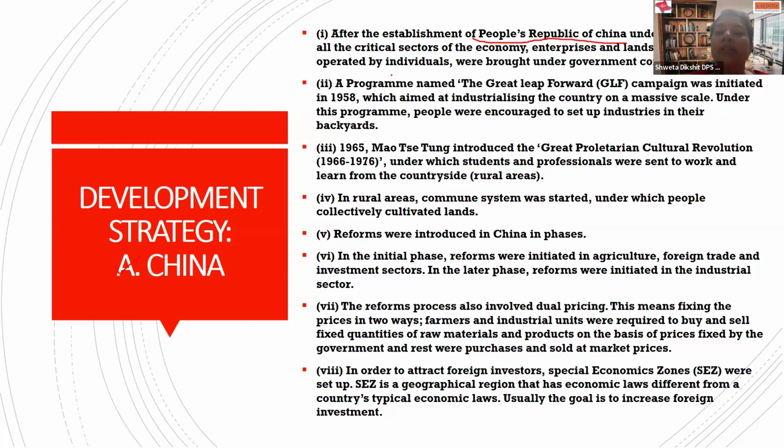So all the critical sectors related to economy, enterprises, lands, agriculture, even the individual decisions like education, health, and all are taken up by the government. So the government decision is the final decision in China. Then they